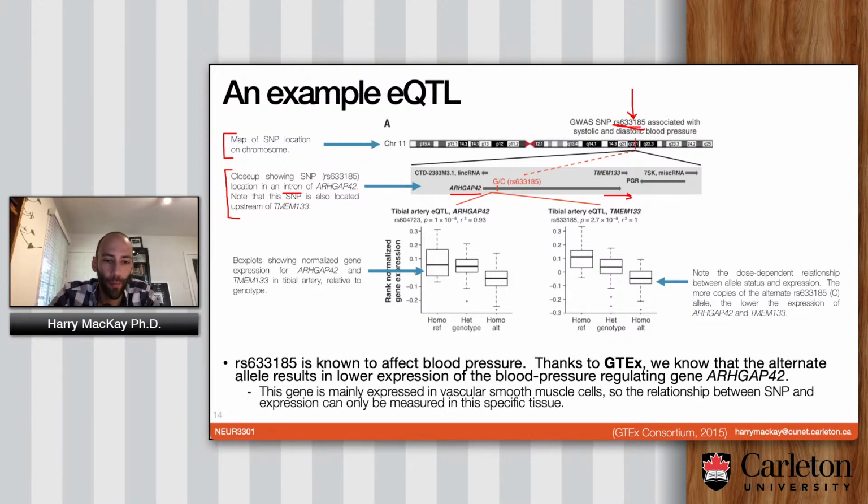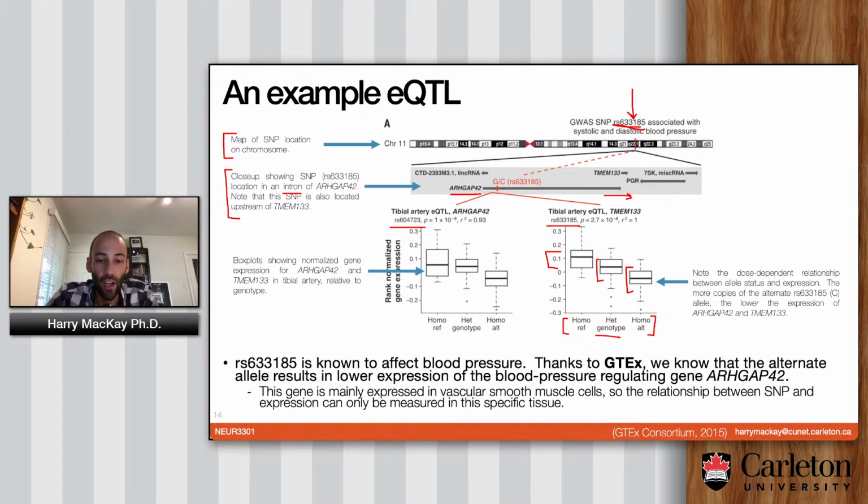So here's a very simple representation of what they find. There is this allele, I guess this is the 633185 allele, and you can either be homozygous for the reference allele, meaning you have whatever allele was arbitrarily chosen as the reference. You can be heterozygous, or you can be homozygous for the alternate allele, which is just the other possible allele. In this case, it's either a G or a C. So you could be homozygous for the G, you could have a GC, one of each, or you could be homozygous for the alt and have CC.